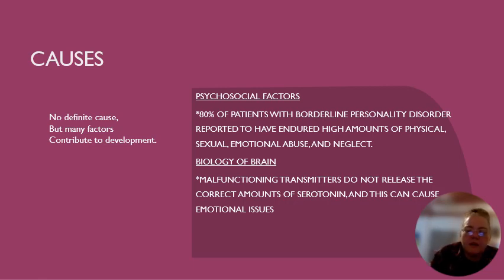certain neurotransmitters in the brain that release serotonin, when they're not functioning properly, when they're malfunctioning, they don't release the correct amounts of serotonin, and it causes a lot of emotional and behavior issues. But again, there are no for sure reasons why people